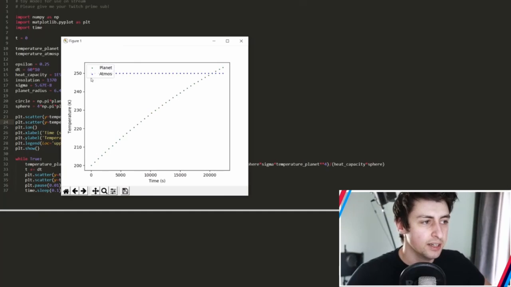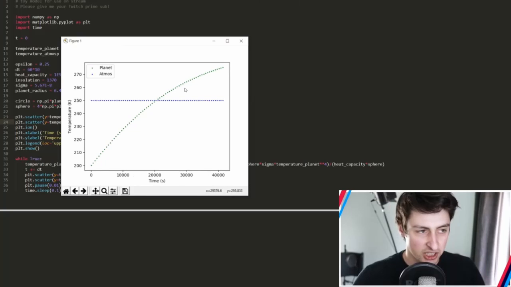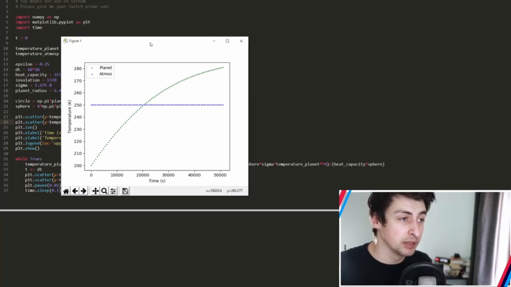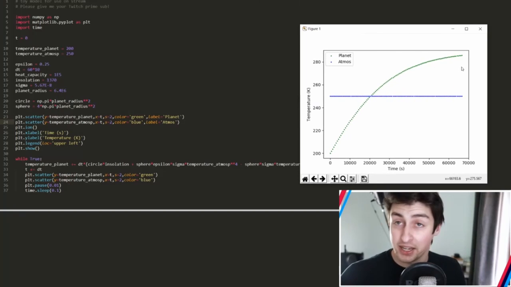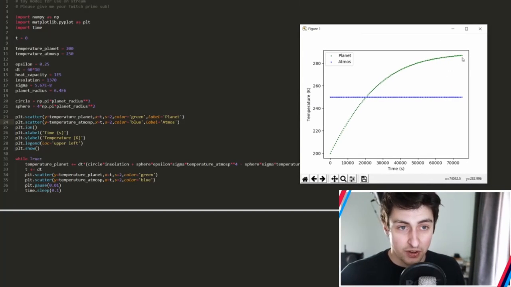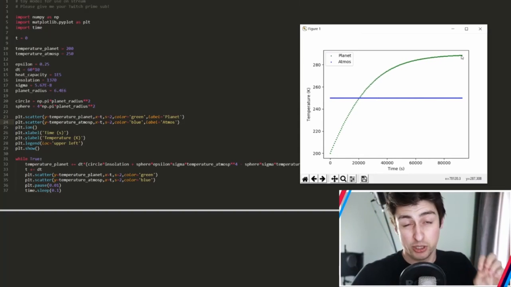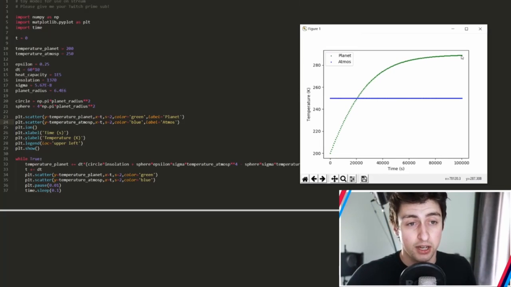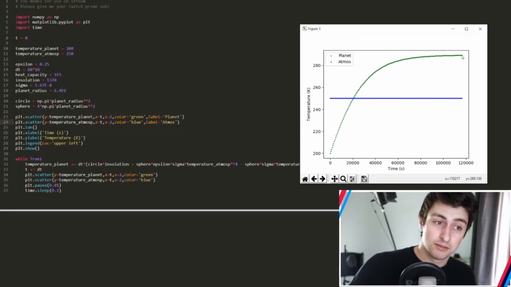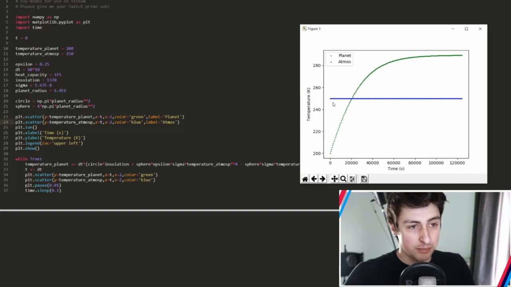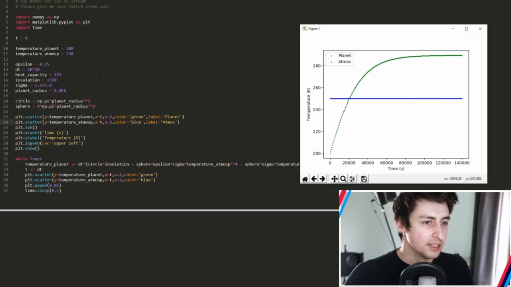So what we have here is the atmosphere is constant at 250 Kelvin. That's currently not changing, it's just static. But it is, because of this extra term here, having an impact on the planet's temperature. Before, the planet was at equilibrium at about 273, about 0 Celsius, or 273 Kelvin. Now it's actually at about 290. So the atmosphere being at 250 Kelvin, that extra source of energy for the ground, is enough to raise